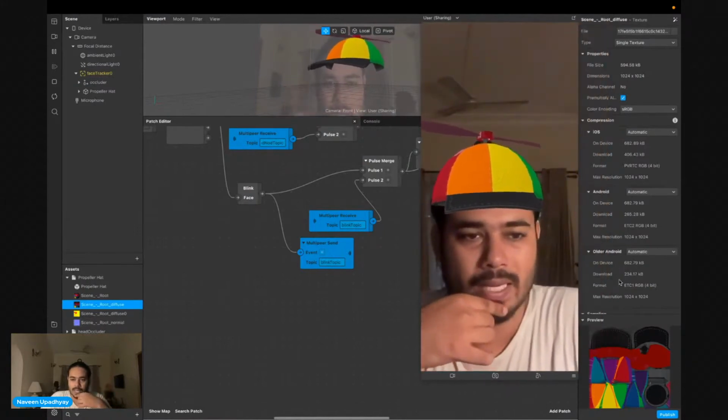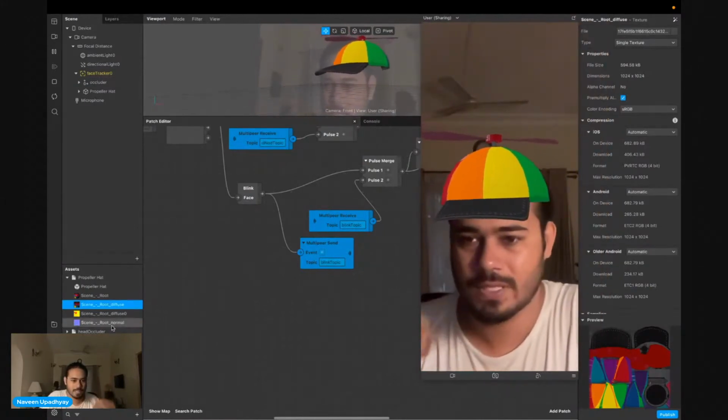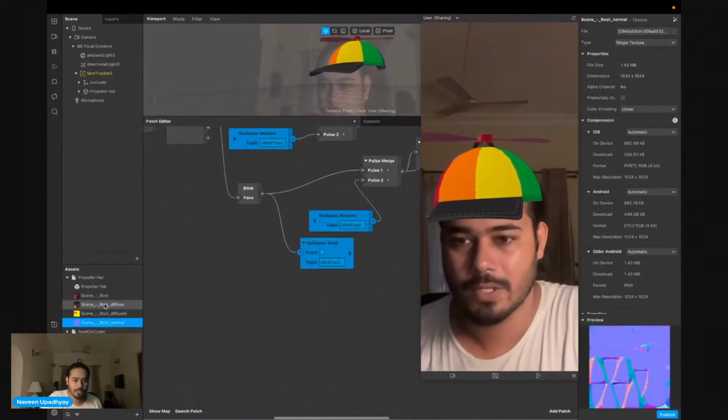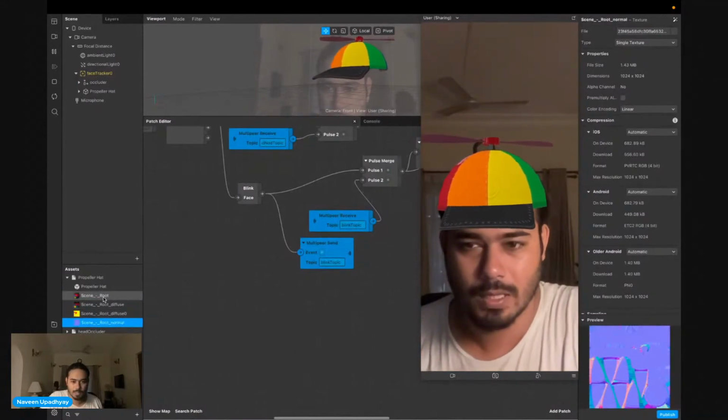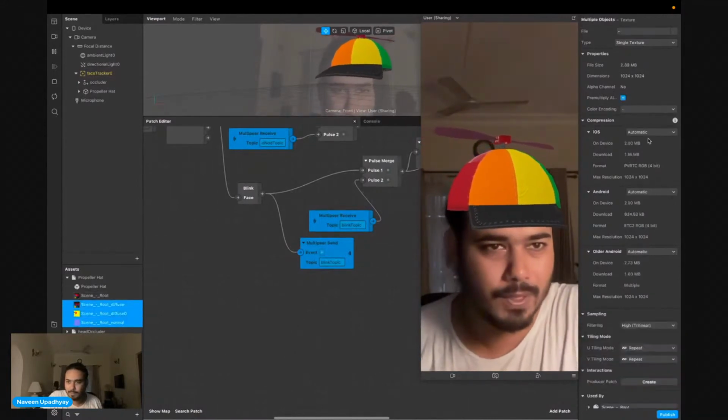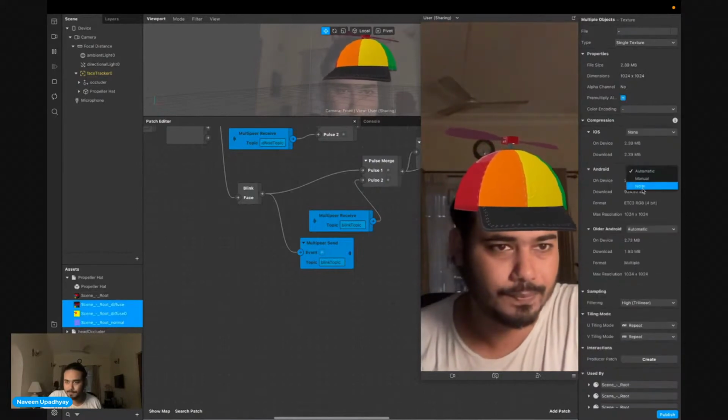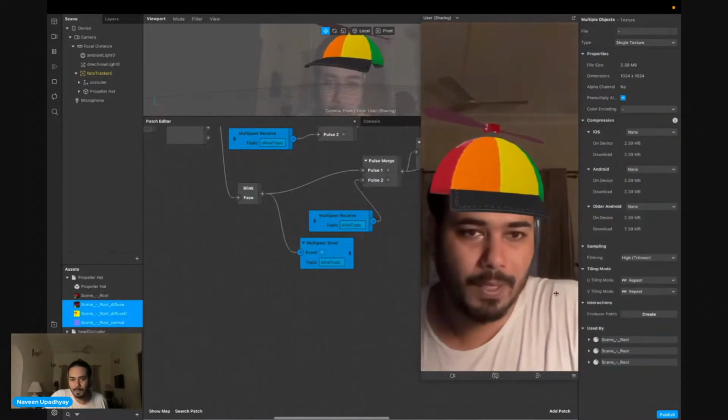So how can I change the colors of these? So let's try to figure out how to change the colors. I'm gonna take everything and put it on none.